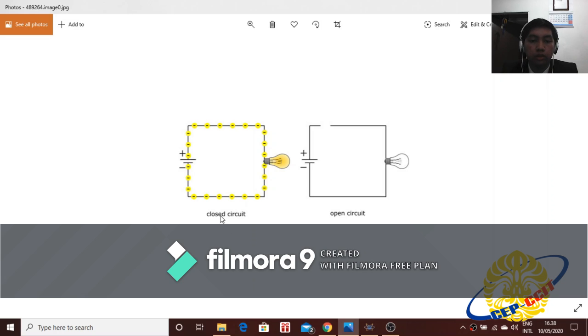Hello everyone, my name is Ricardo Basana, and now I'm gonna tell you about the differences between closed circuit and open circuit. Basically, if we want to run a circuit and we want to run it very well, we have to make a closed circuit. Closed circuit means that the path from the power supply to the object is smoothly flowing without any trouble. As you can see in here, there is no trouble in the path of the current flow,